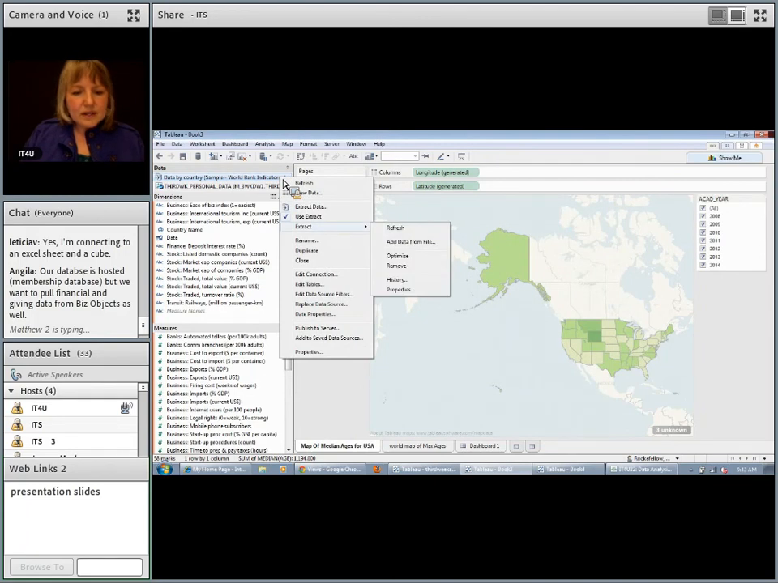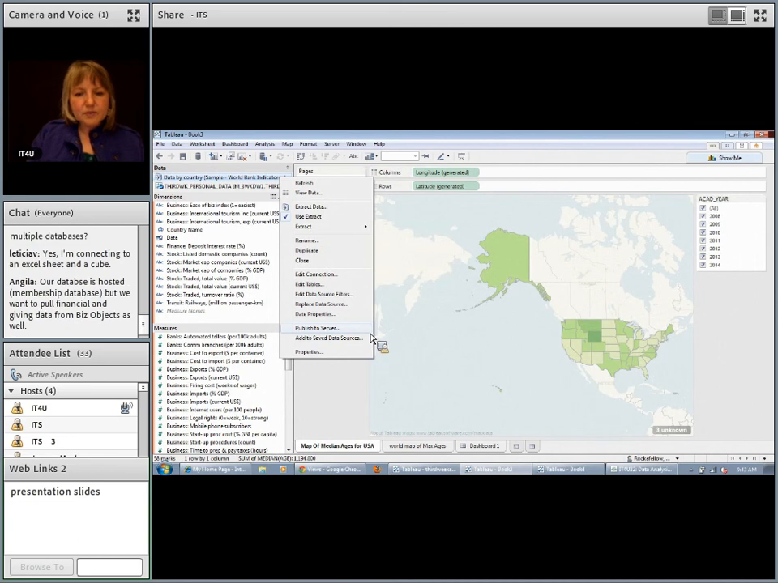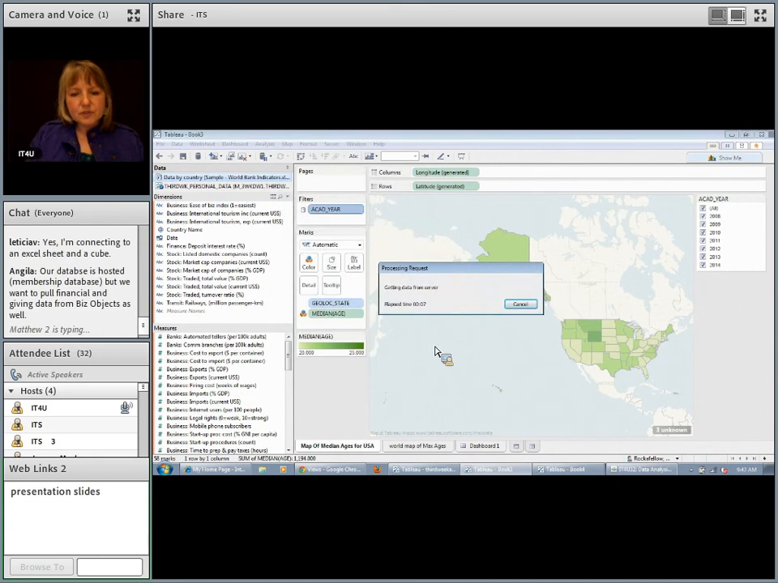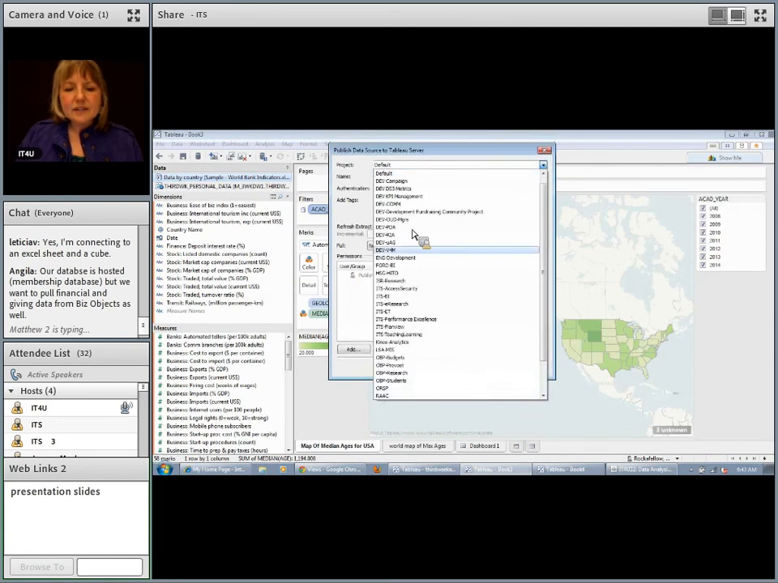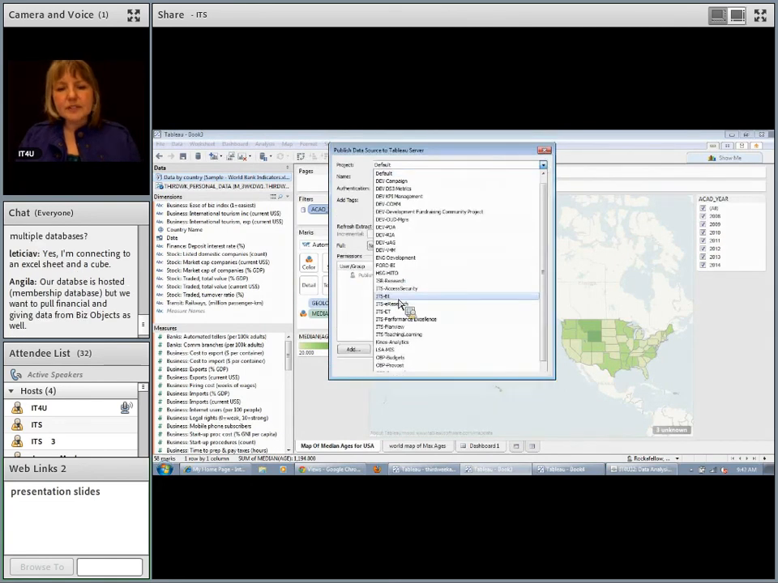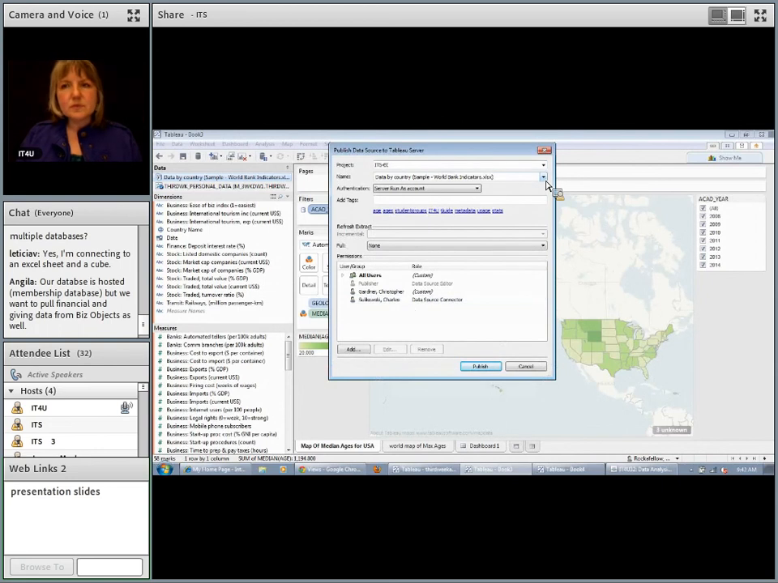I can then publish this data. And this is what I meant by if you had an Excel file on your server, you can publish it and put it on a schedule. So if you were going to be updating your data every morning in your Excel file through something like a Business Objects scheduled report,